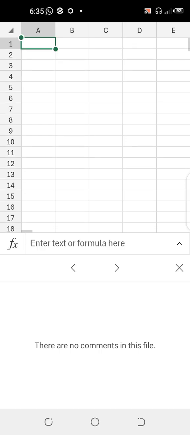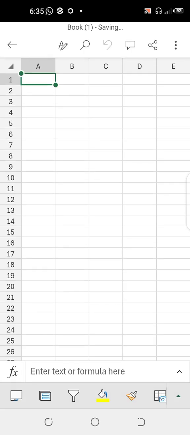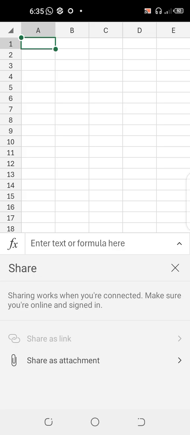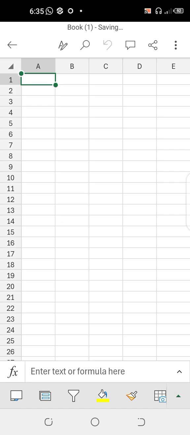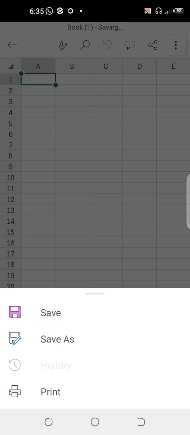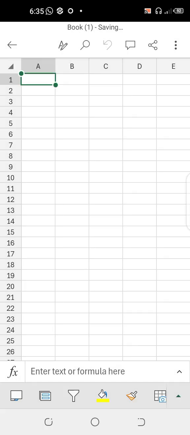Alright, so good. Then you see the share. I want to share it with friends, share as a file, share as a link, as the case may be. Then this three-menu icon is for save as and similar options. These are the places that you click on. Having done that, the next thing to do